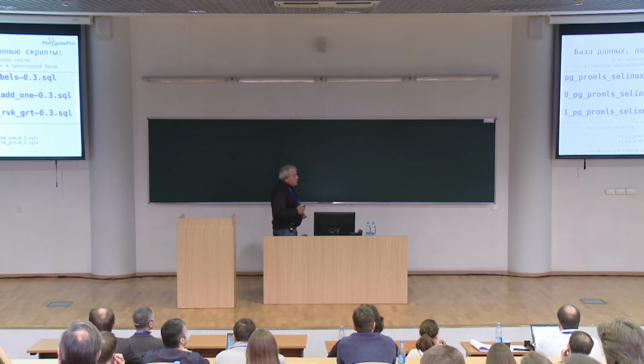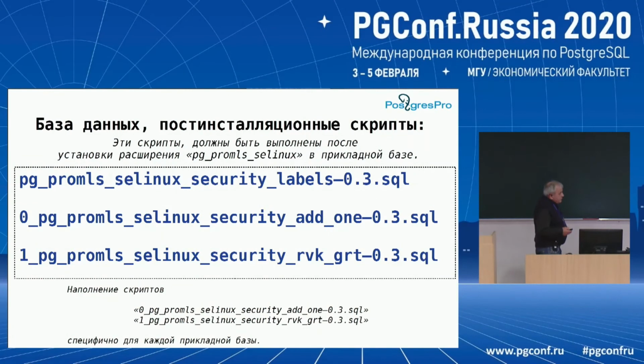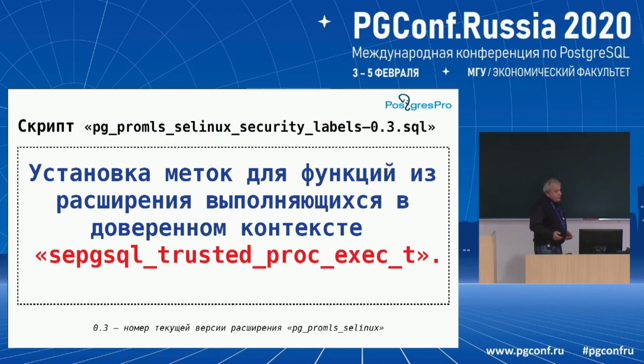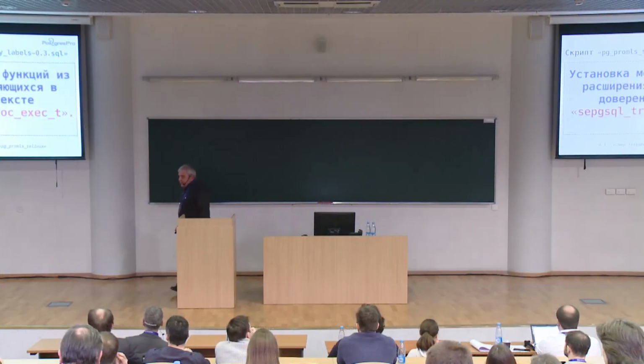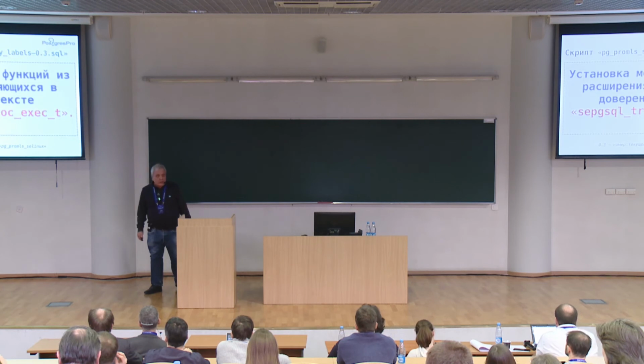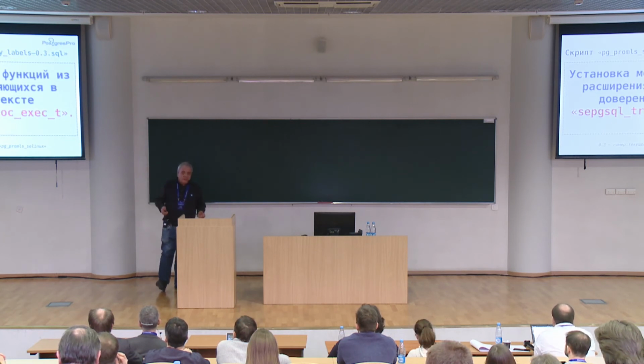The other two depend on the protected database and its structure. The first ensures modification and storage of the applied database, and the second one creates users and additional discretionary rights. For the sake of coding, in their names they have the extension version number. It is number 3 in this case. Why do we need the first extension? Because some functions are performed by a trusted context. What is it? It's an approach